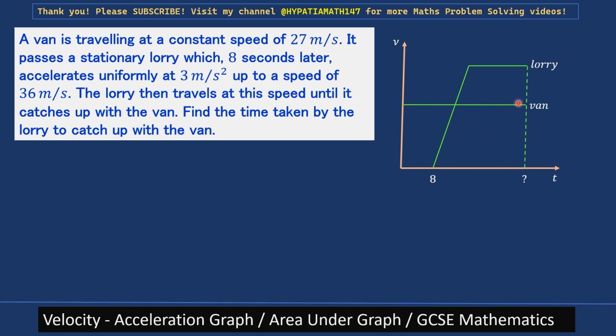The time taken to travel that distance is different, of course. The lorry takes 8 seconds less to travel the same distance that the van has traveled, because it starts after 8 seconds. So what we could start with is